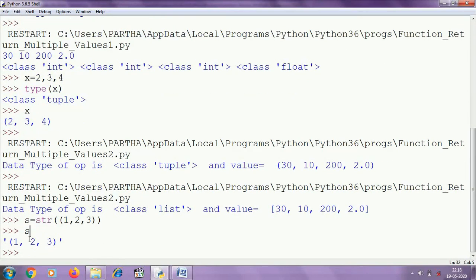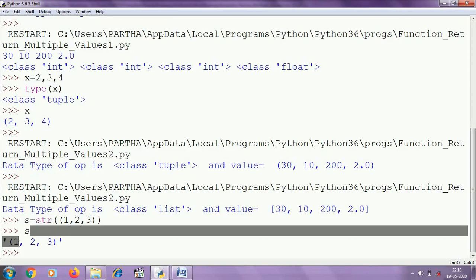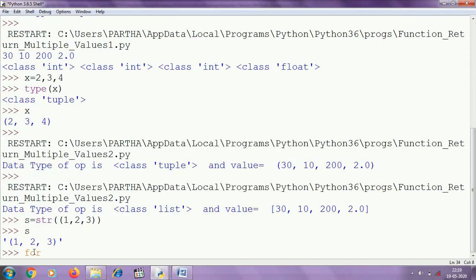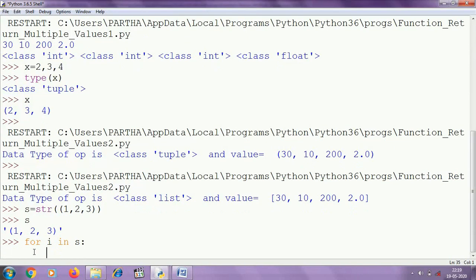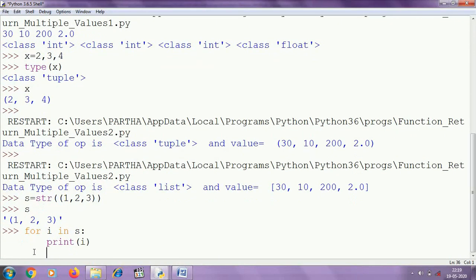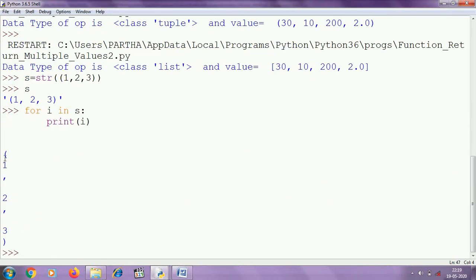So the 0th element of this string will be parenthesis open, and 1 will be the 1st element. Let's check: for i in s, print i. Here parenthesis open is the 0th element and so on.